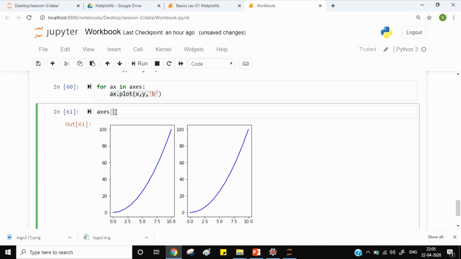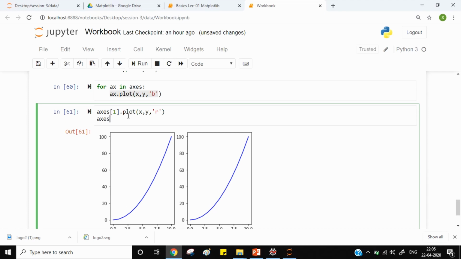If you don't want this, you can also use the indices, say axis of 0. Sorry, indexing starts from 0, so axis[0].plot(x, y), say I give color red, and axis[1].plot(y, x), and I give color green.